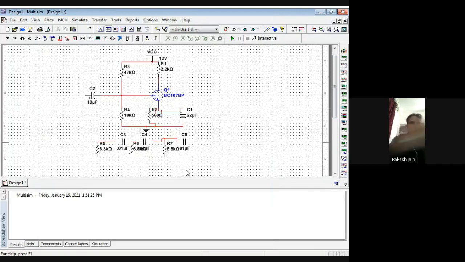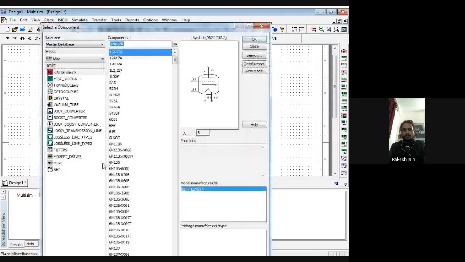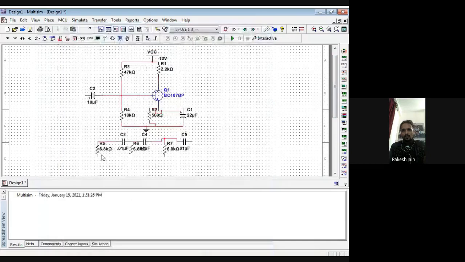Just connect one side of the 6.8 kilo ohm together with the ground. So just connect these three with the ground.